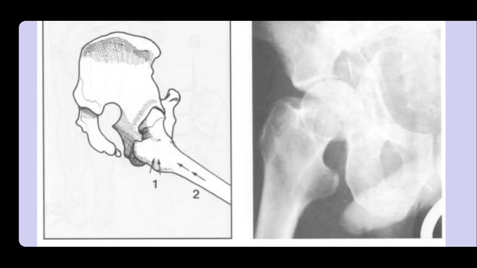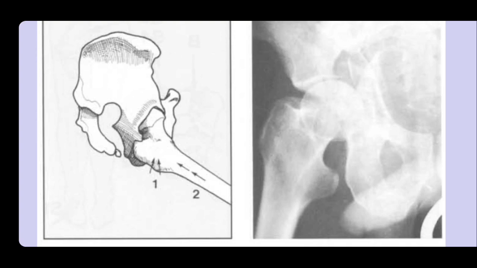So, what is a fracture dislocation of the hip joint? If you look at the right picture, you may see that the floor of the acetabulum is broken and the head of the femur goes inside into the pelvis. That usually occurs due to a high energy injury, as the patient is falling from a height on his foot and the force is transmitted through the femur to the femoral head